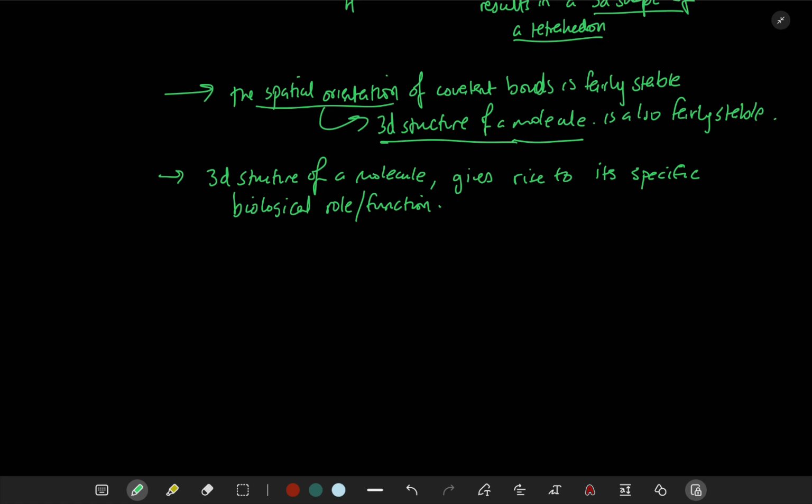Okay, so that's a big and important point in all of biology, really, that shape determines function. And we'll go deeper into that in later lectures,